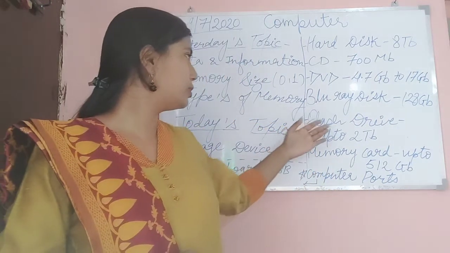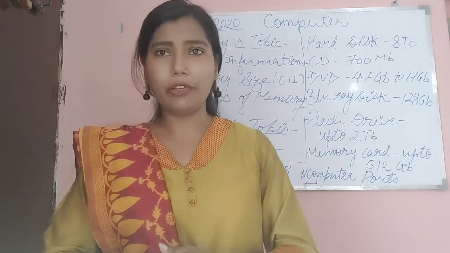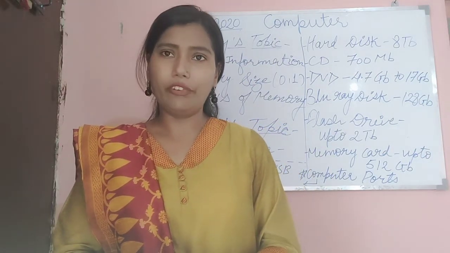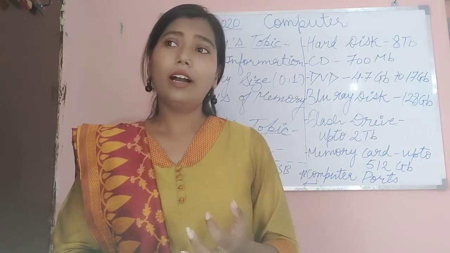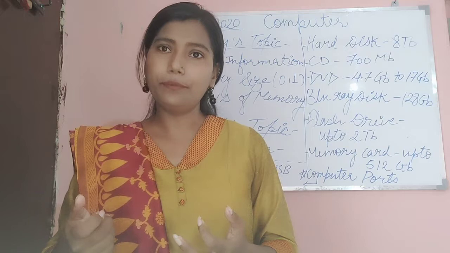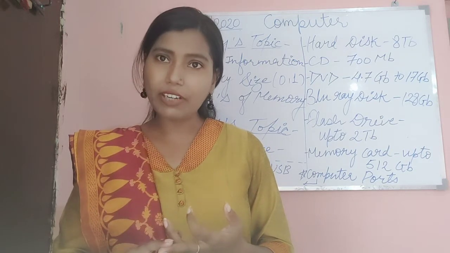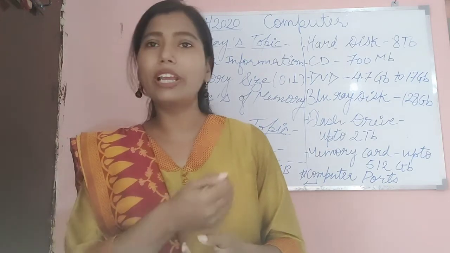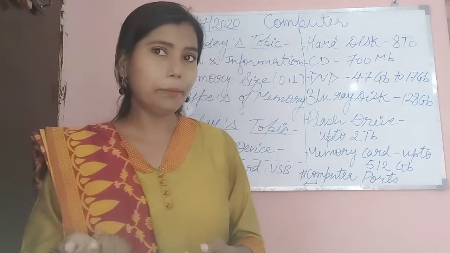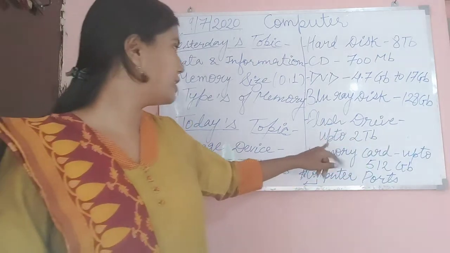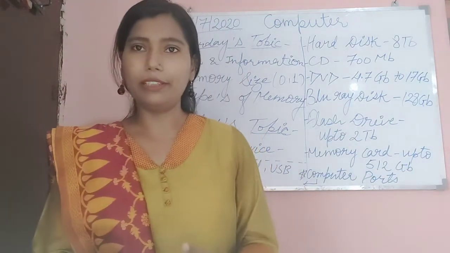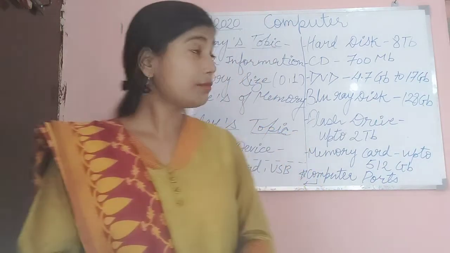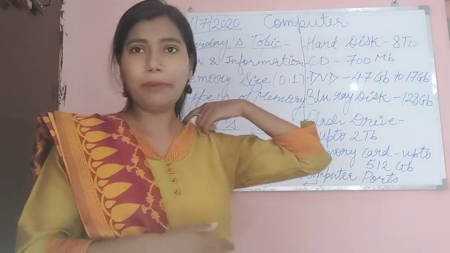Now we will talk about the next one, the flash drive. You all know what a flash drive is. Basically, a flash drive is a pen drive. We all know about the pen drive. A pen drive is removable and easy to carry. It is a plug and play device. Whenever you want to use your data, all you have to do is insert the pen drive and you can access whatever data you want. So this is exactly the meaning of a plug and play device. And the storing capacity of a pen drive is up to 2 TB. TB means terabyte. We all know the meaning of terabyte. So I think the pen drive is clear to you.